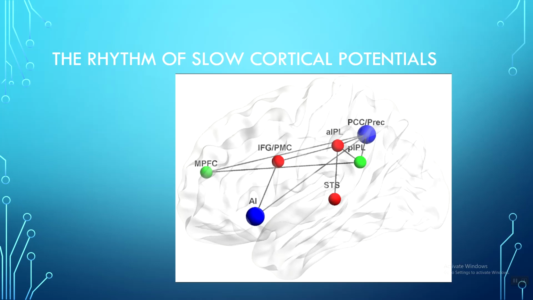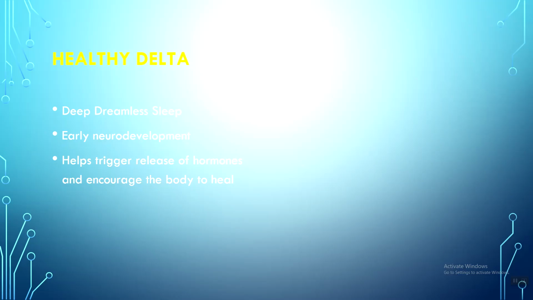And so anyway, slow cortical potentials are the frequencies that are sub-delta, but they do weave into delta later on. So healthy delta, right? In a normal healthy adult, delta happens during deep dreamless sleep or slow wave sleep. As we descend into sleep, we go into non-rapid eye movement 1, 2, 3, and 4. And there's a series of progressions that we'll discuss later on that happen when we fall asleep. When you are at the bottom of your sleep cycle, absolutely zonked out, unconscious, as an adult, you're